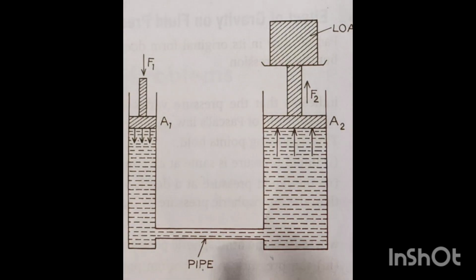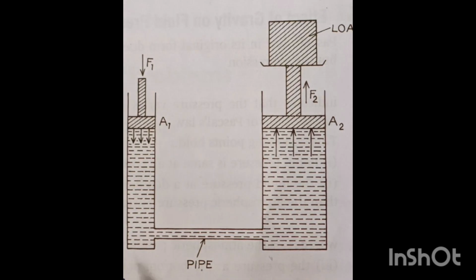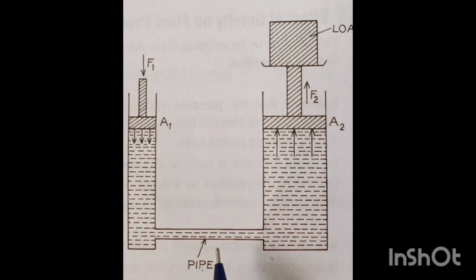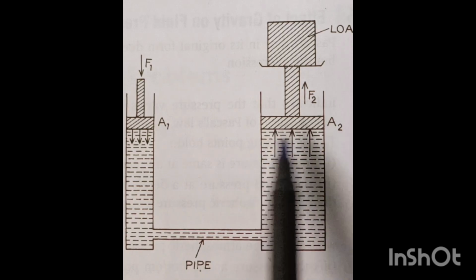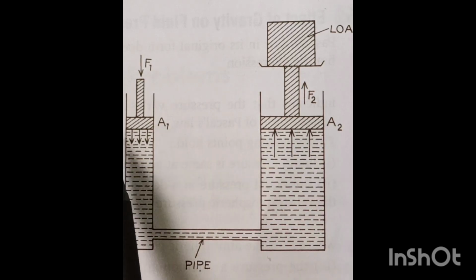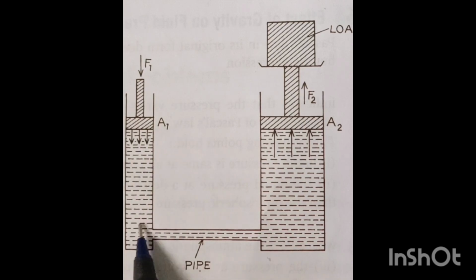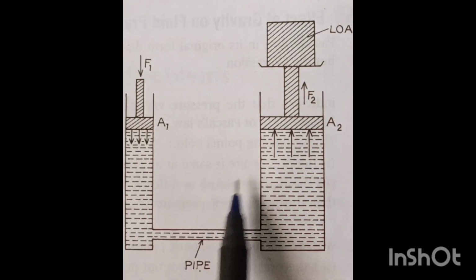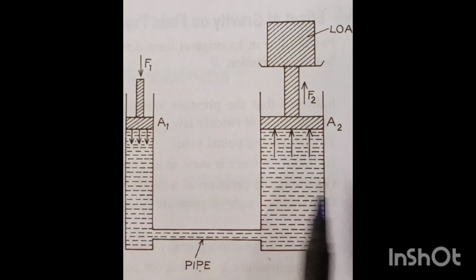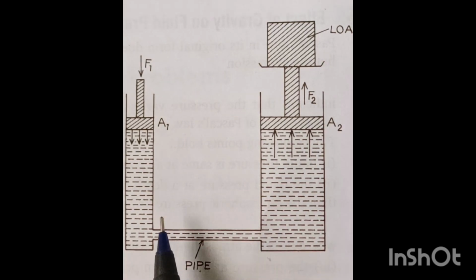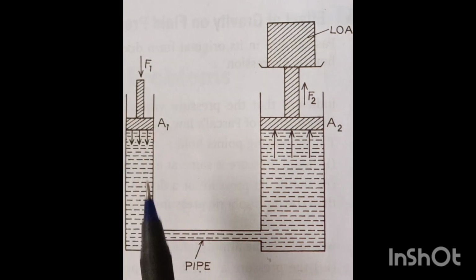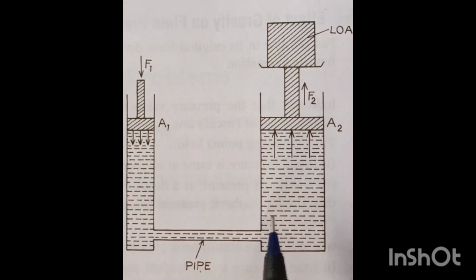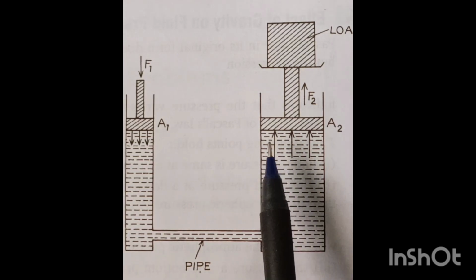Basically, if you see a hydraulic lift, it consists of two cylinders of cross-sectional areas A1 and A2. A2 is very much larger than A1, and they are connected by a horizontal pipe. Each cylinder is fitted with an airtight frictionless piston. The cylinders are filled with incompressible liquid. Suppose F1 is the force applied on the piston of smaller area of cross-section A1, then the pressure exerted over the liquid is,